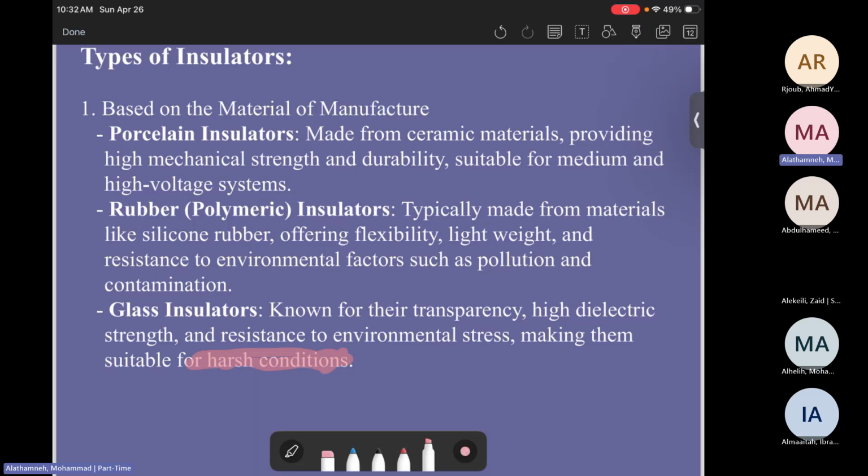The rubber is more flexible because it's lightweight, and it's resistant to pollution. It doesn't require washing, while the glass and porcelain both require